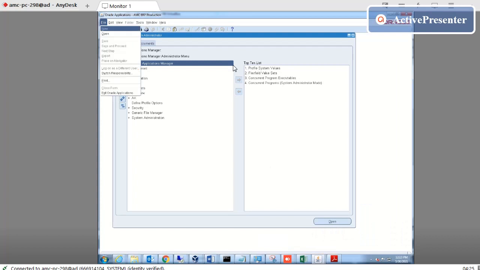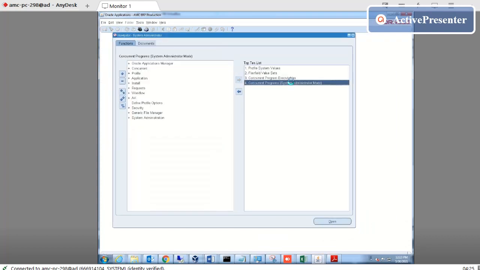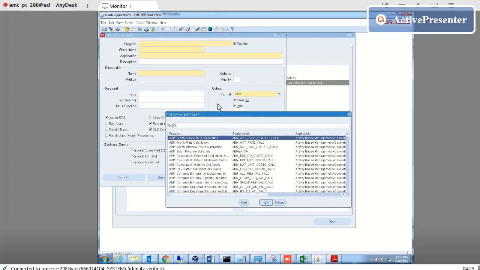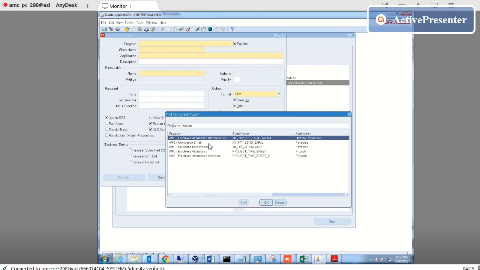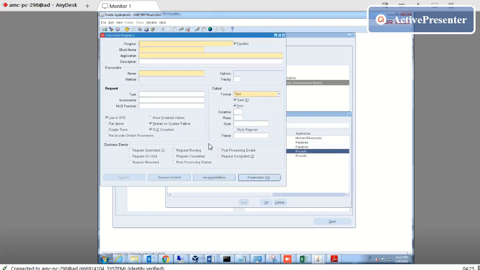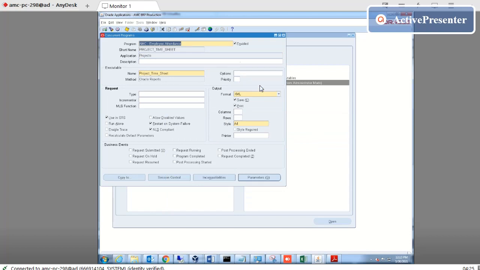Let us check MC attendance. Okay. See, this is a attendance, applied attendance, and the format is XML.